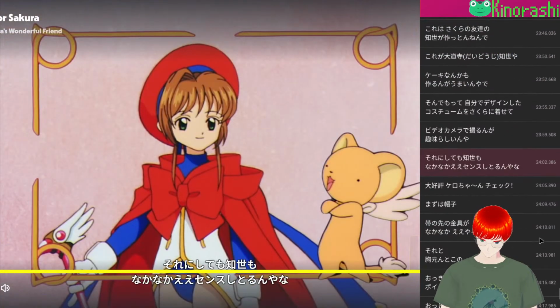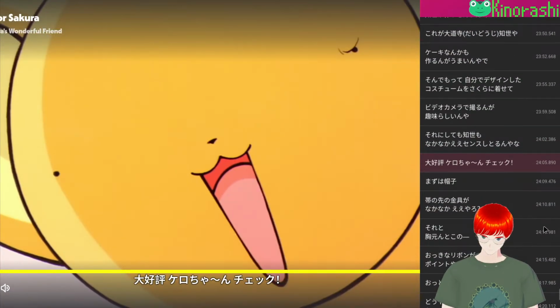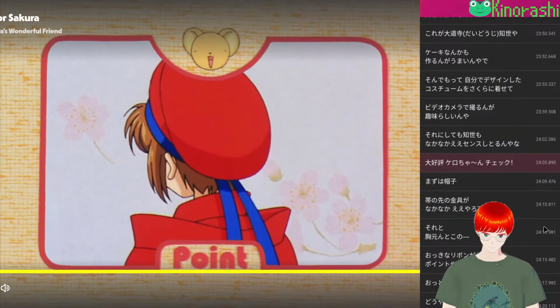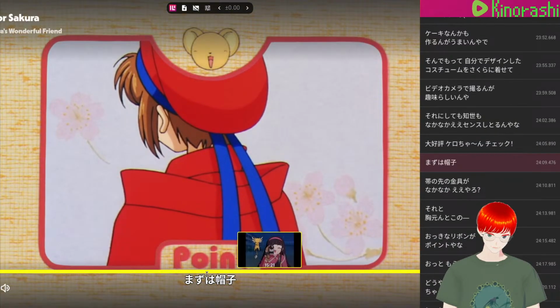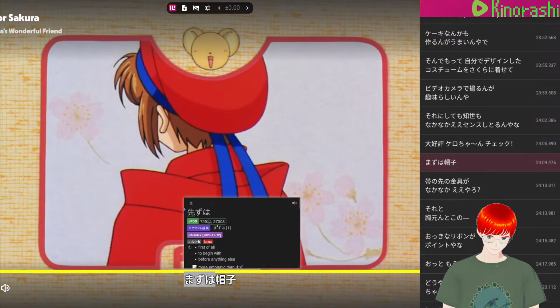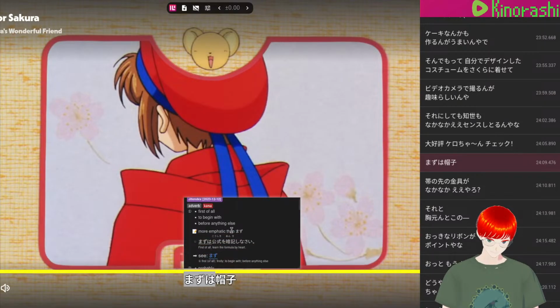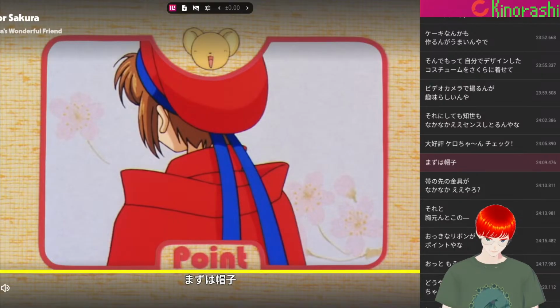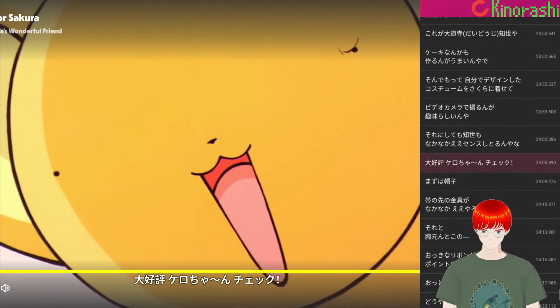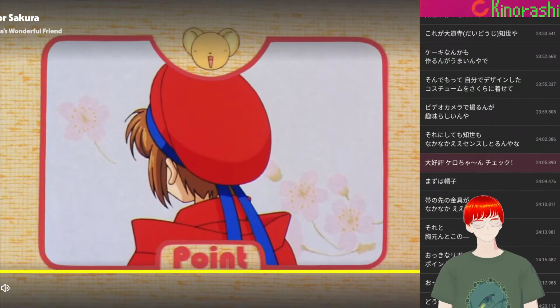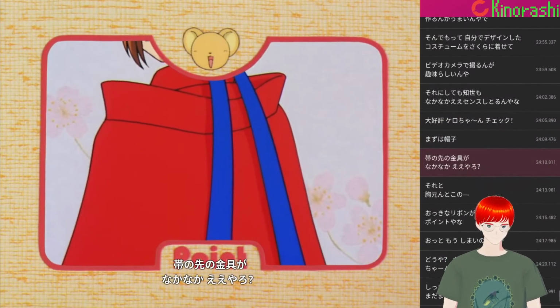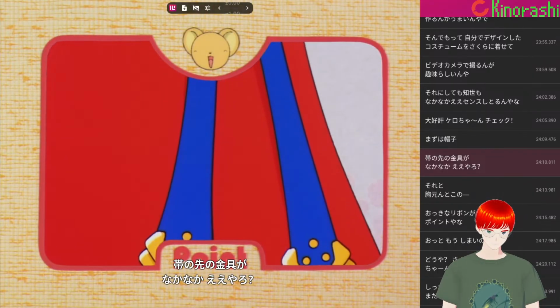Mazu is... Oh, yeah. First. To begin with, Mazu. So let's begin with the hat. Mazu wa boshi. "大好評ケロちゃんチェック。まずは帽子。帯の先の金具がなかなかええやろ。"